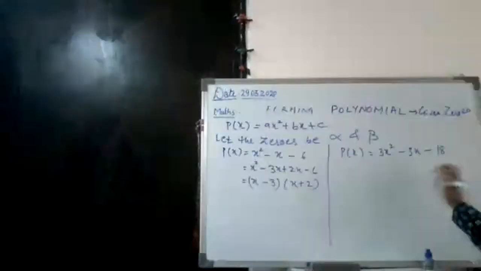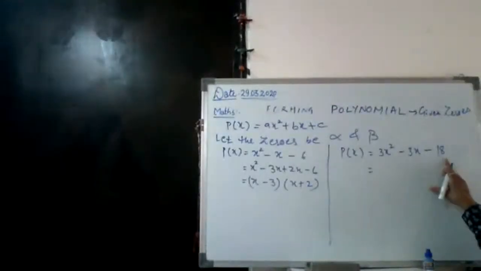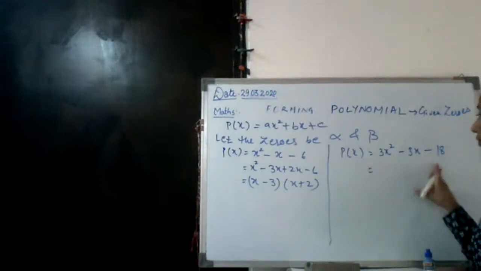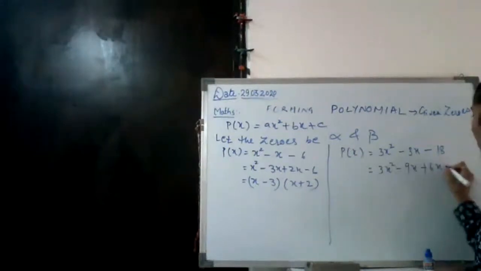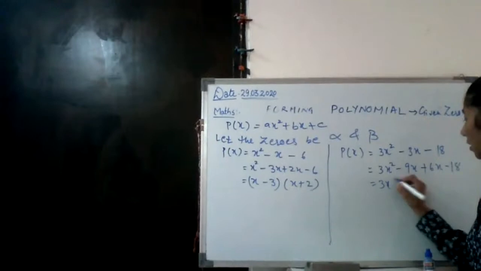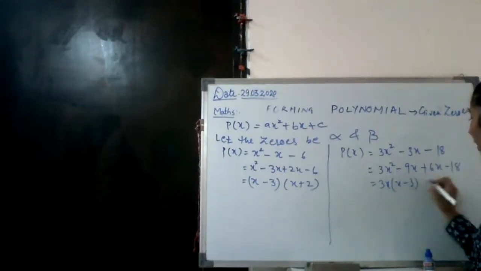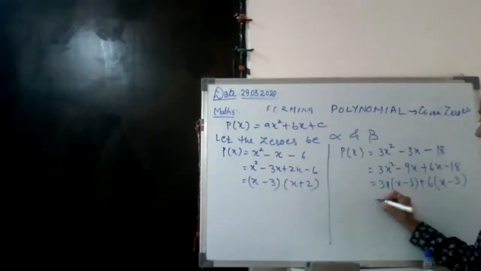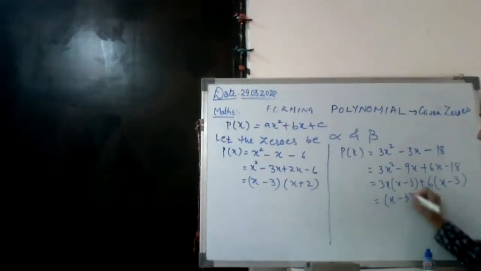It is 18 times 3 is 54. When I say 54, these will be the factors. So 3x squared minus 9x plus 6x minus 18. So it is 3x, so what is common here? x minus 3, plus here 6x minus 18. If I take 6 common, I get here x minus 3. So in short, I get this as